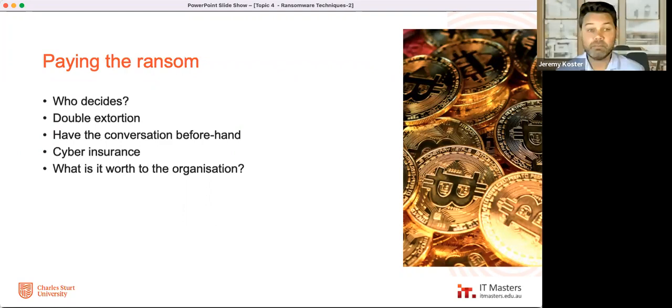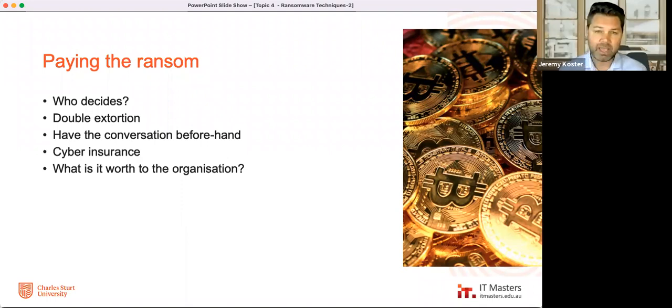When, if ever, is there double extortion? So we've seen single extortion with both the recent Optus and Medibank, because both of them didn't involve ransomware across an organization, but we've seen a lot of double extortion where they try and charge you for unlocking your machines, and also will say, we will expose all of the data if you don't pay the ransom. Make sure you have the conversation beforehand with your leadership team or your executive. You don't want to be